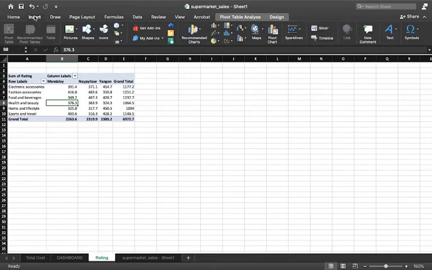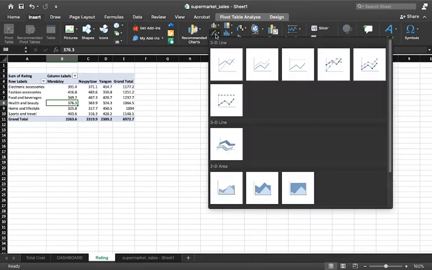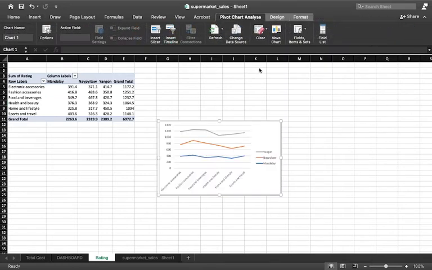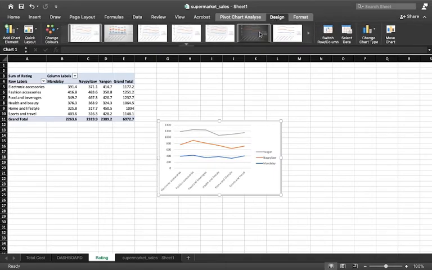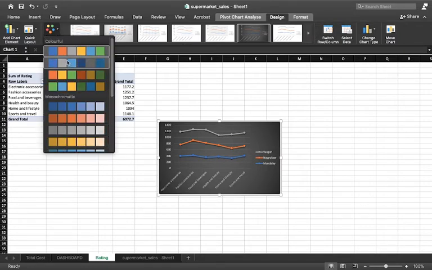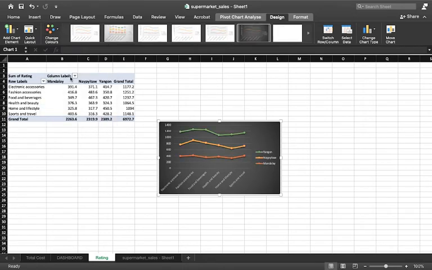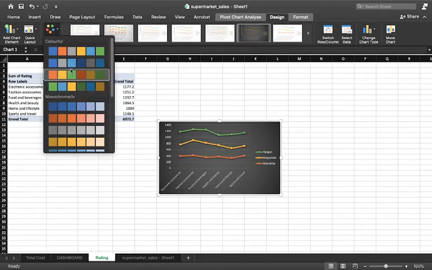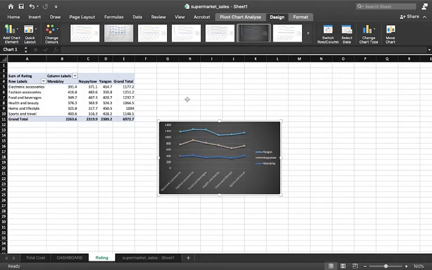So we have a pivot table now for a particular question, and let us just come here and insert a chart for it. This time I was thinking let us go with the line chart. So I'll maybe go with the second one, and here we have it, our line chart. Alright, so I'll choose some design for it because we are going with the darker version. Let's go with this particular one. Alright, if you want to change colors, you can choose the palette that you like. I was thinking for this one. I think this looks good, right?